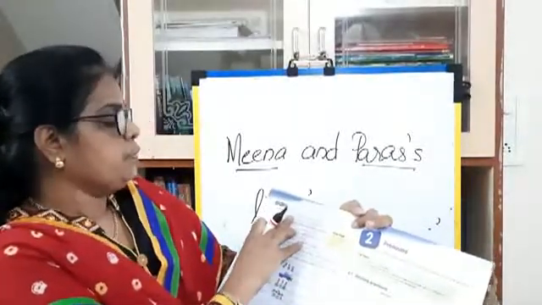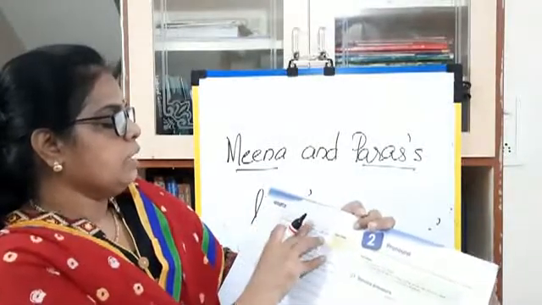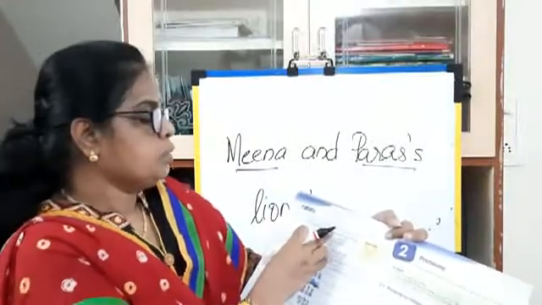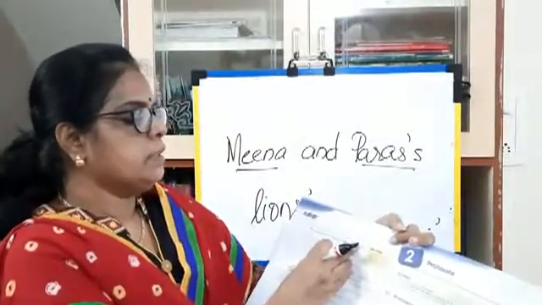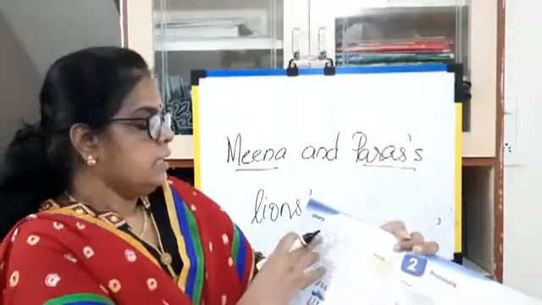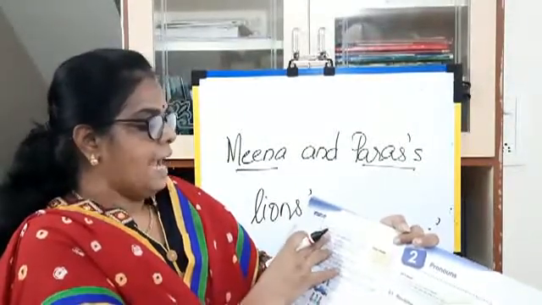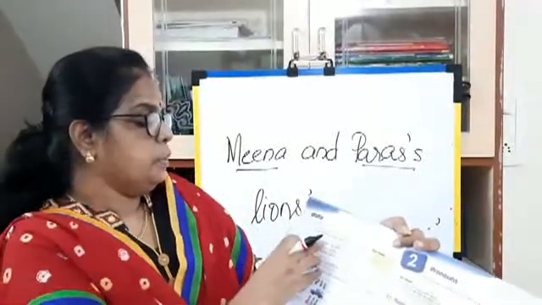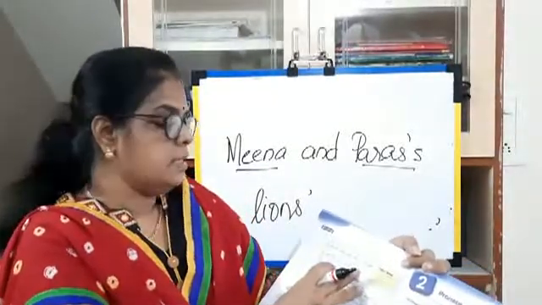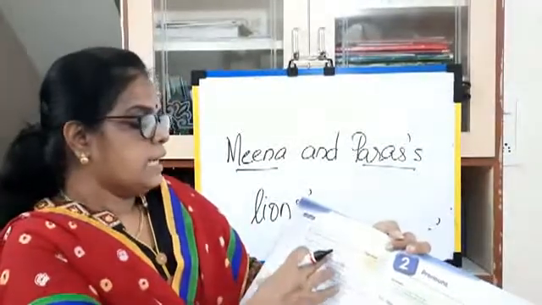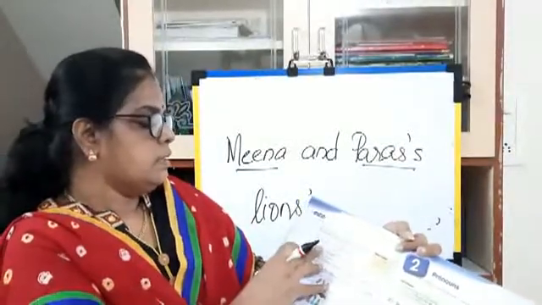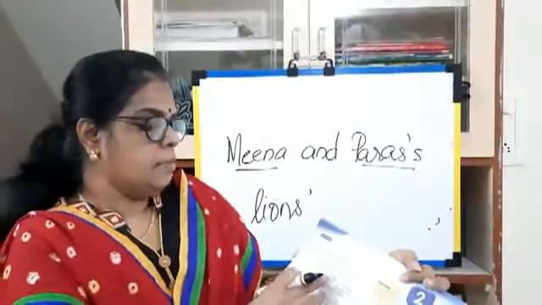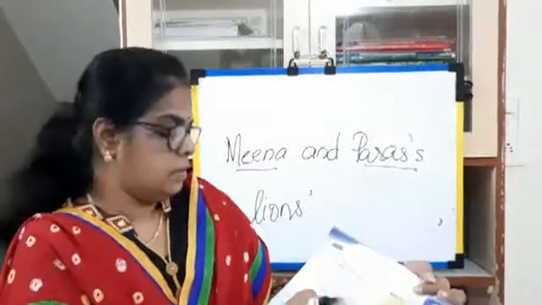Page number 18, C. Add apostrophe s or an apostrophe to show belonging, or rewrite each sentence in the blank below. The clothes belonging to the actresses were burned in the fire. How do you write it? The actresses' clothes were burned in the fire. Do you know the house belonging to the Sahinis? Do you know the Sahinis' house? That is the pet dog of Mark and Jim. Okay, that is Mark and Jim's pet dog.